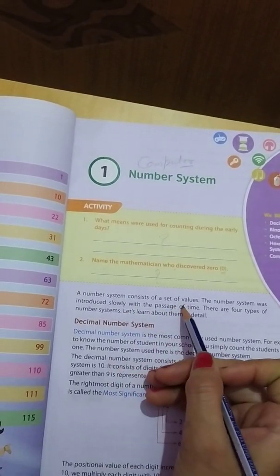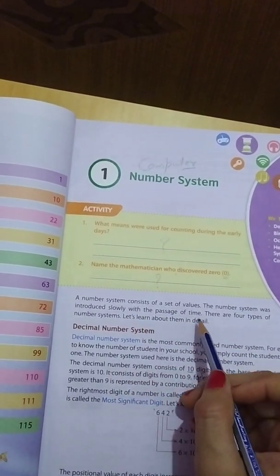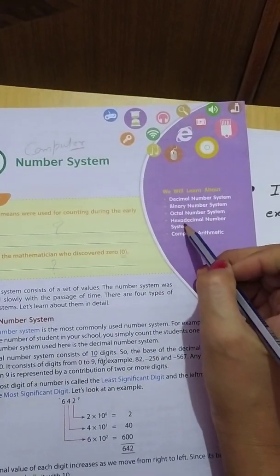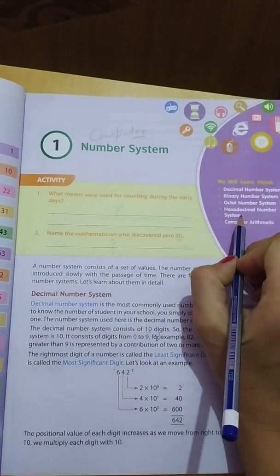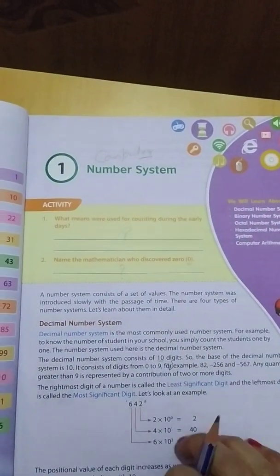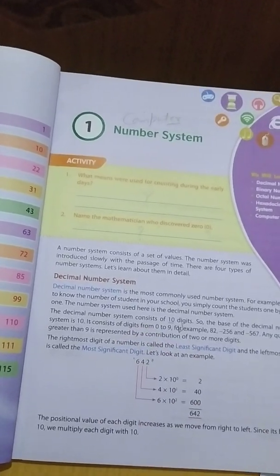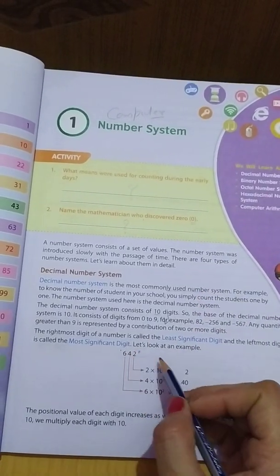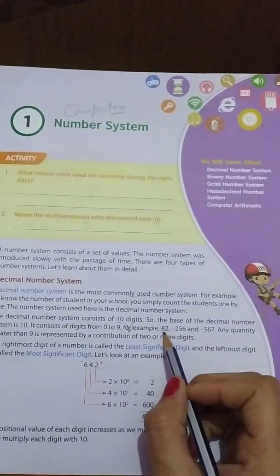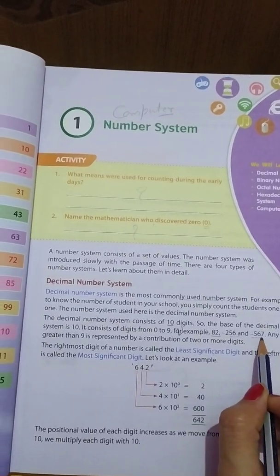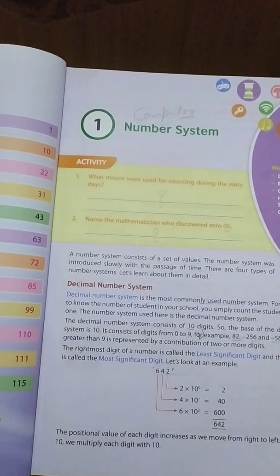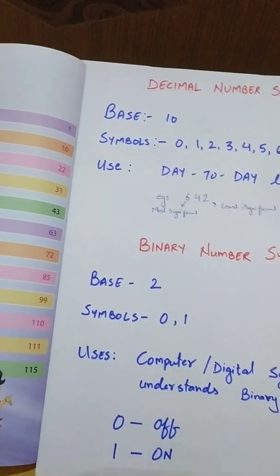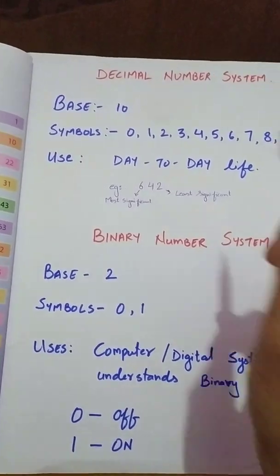Okay, now let's start with the number system. A number system consists of a set of values, and these number systems are broadly categorized into the four names which we have discussed earlier. Starting with your decimal number system. The decimal number system is the most common one which we generally use for expressing any digit or any number. The positive and even the negative values are included in the decimal number system. Nowadays, the number system which we use in day-to-day life is your decimal number system.